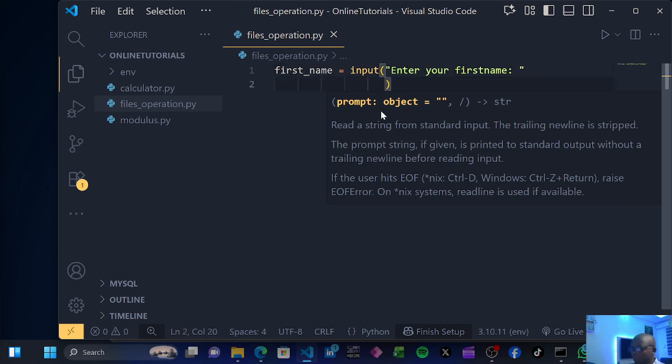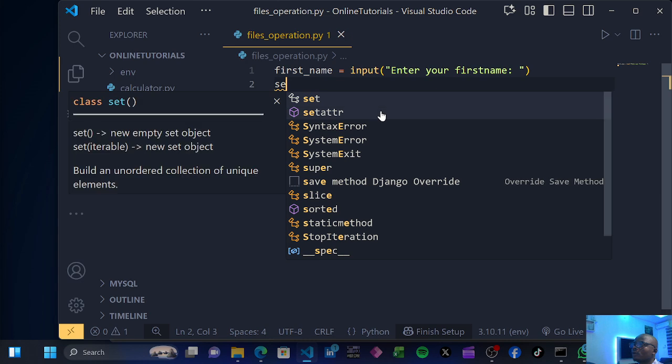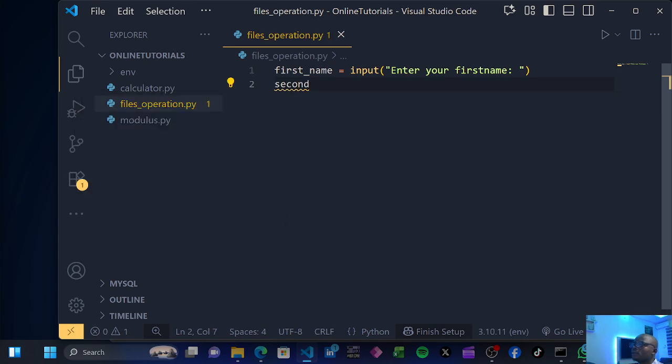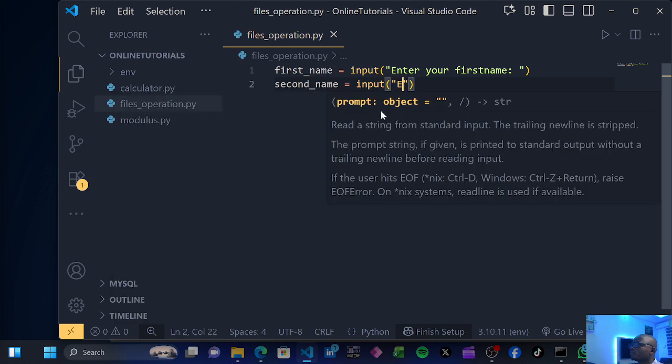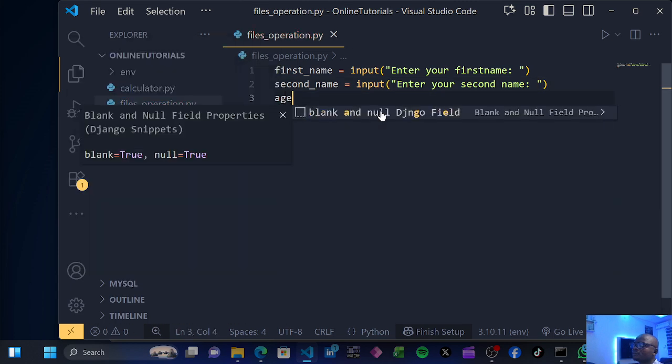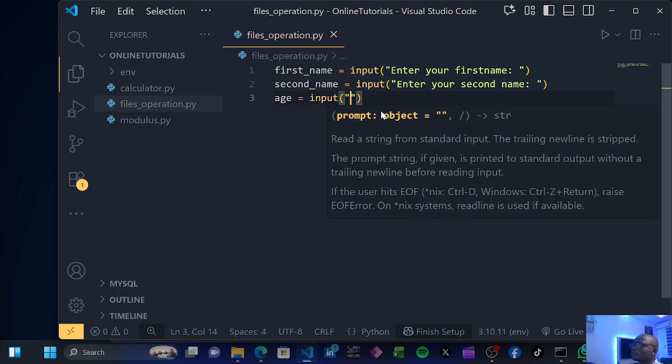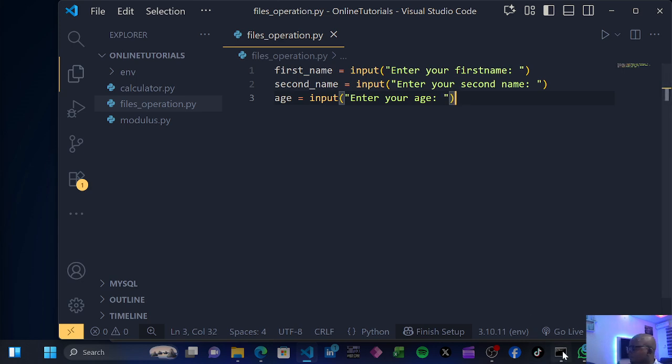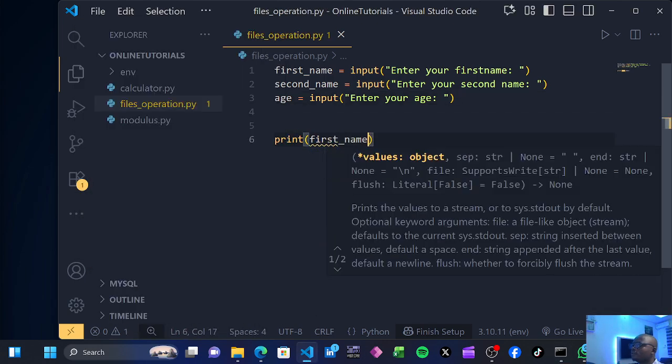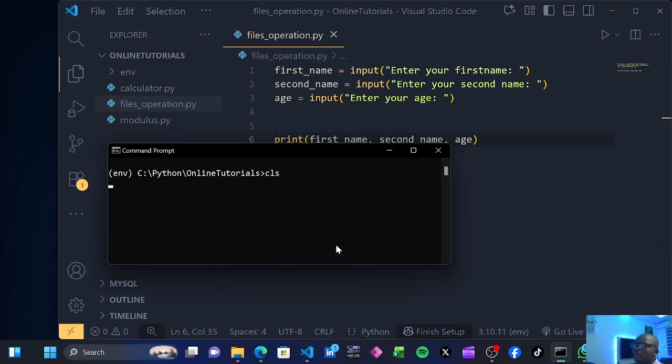You are asked for the second name, or should I say second name, and your age. Now, when I run this program, let me come down here and say print first name, second name, and age. When I come there and run this program,